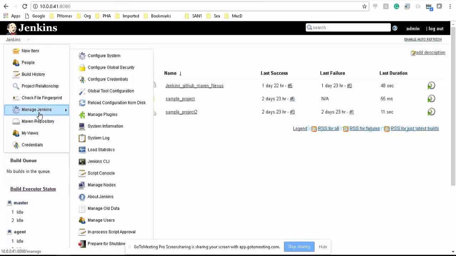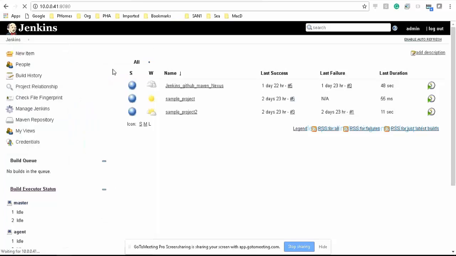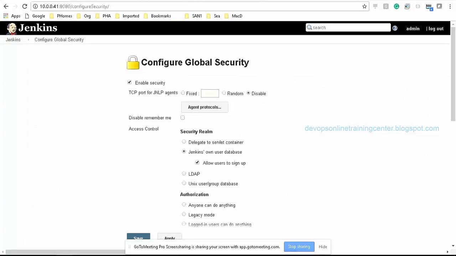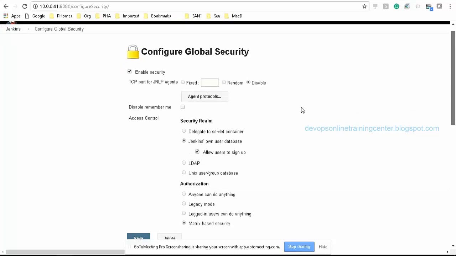So, Manage Jenkins. Under Manage Jenkins, I think it's under Security. Under Security, there is the option to allow users to sign up.